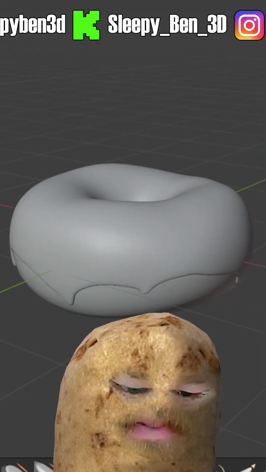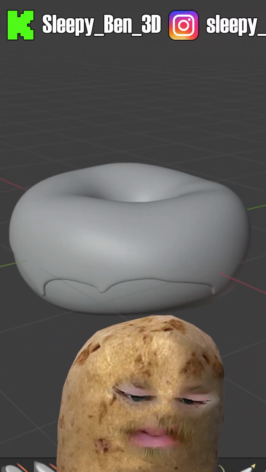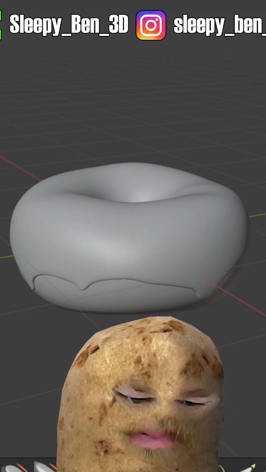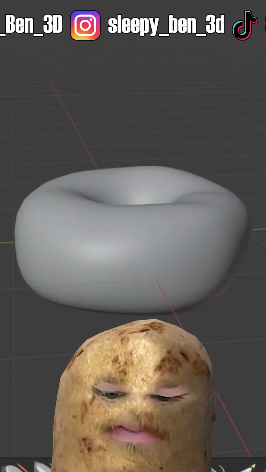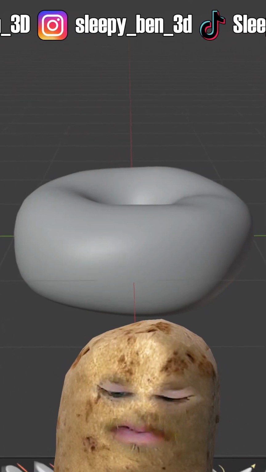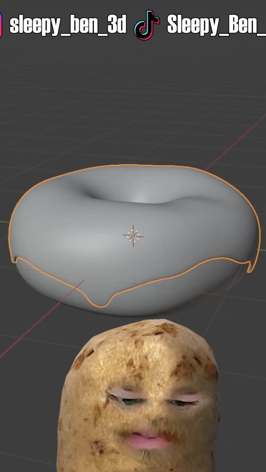So again, we're just going to apply it. Drop down, apply. Now in edit mode, we have that part of the mesh to work with. So we could, if you wanted to, come in here and select the points that you want to add a bulge to, and then very carefully